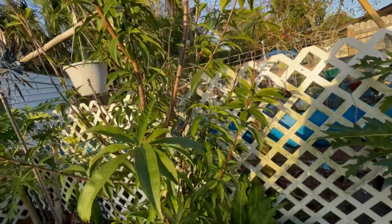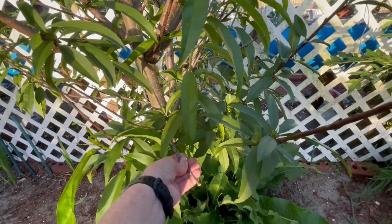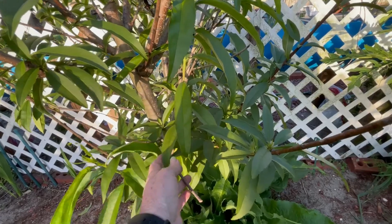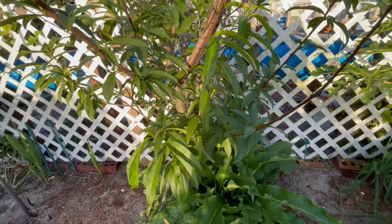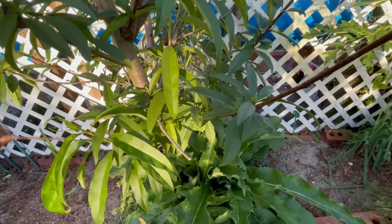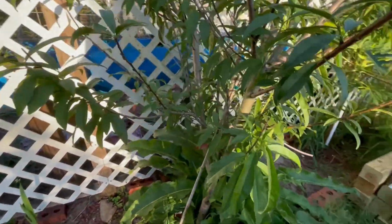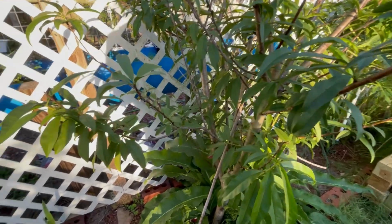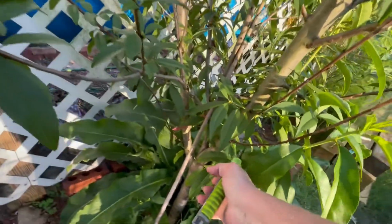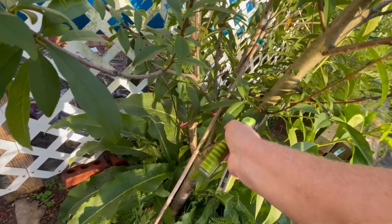This peach tree is looking very pretty. There are some branches that I probably should cut off. I think that, yep, they're dead. I should probably cut those off. And that too. So it's not always easy to know what you should cut off and what you shouldn't in the beginning of its growth cycle,